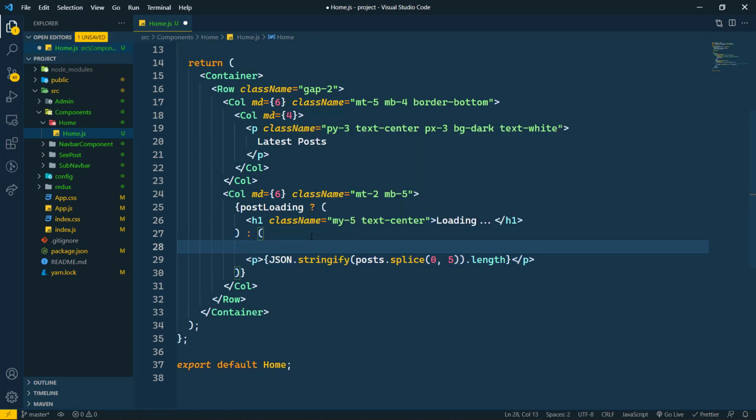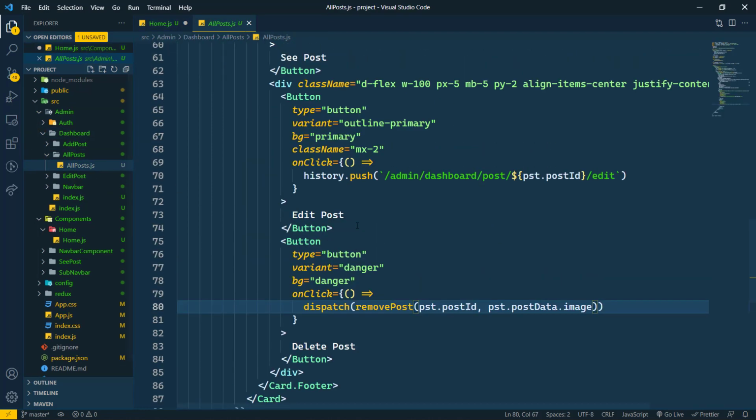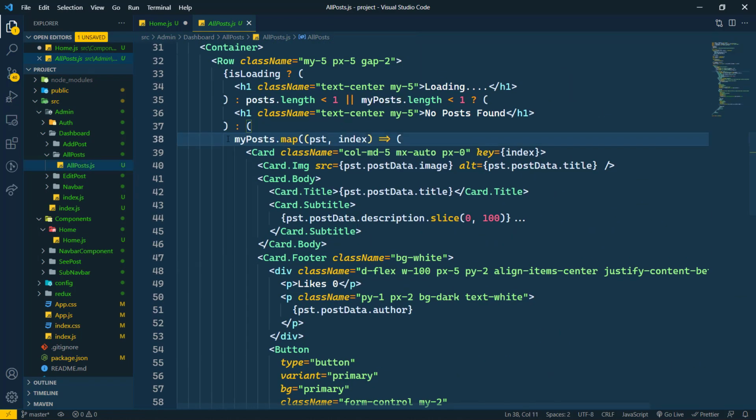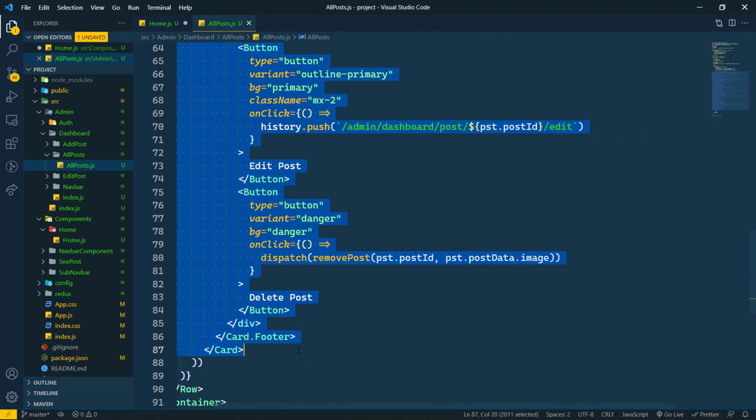So here we will create now a card. The card we have also created previously in the admin panel. So let's go to that dashboard, and in all posts, see that this card we have also created here. I'm going to copy this all and close this.